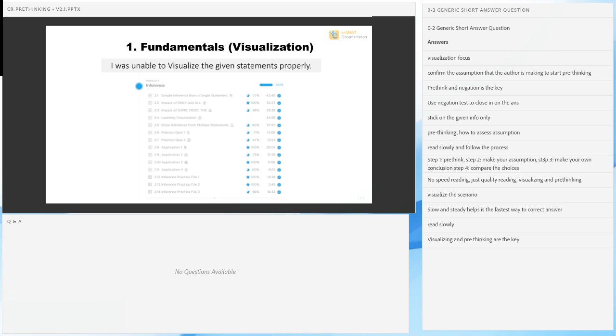And this is where we start with how do you visualize and draw inferences from a single statement? What's the impact of words like only and all, some, most? Then we teach you how do you combine two statements. Each one of these activities is evaluated, so there are embedded quizzes where you learn and answer questions directly. Then you have practice quizzes, and then we increase the complexity in application files and then in practice files as well. I think this is really critical.